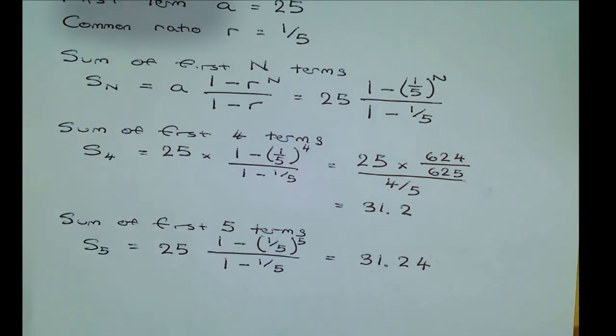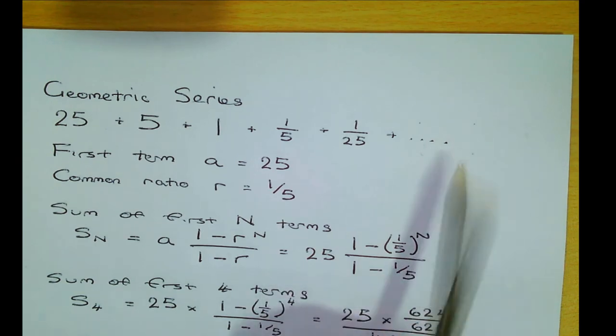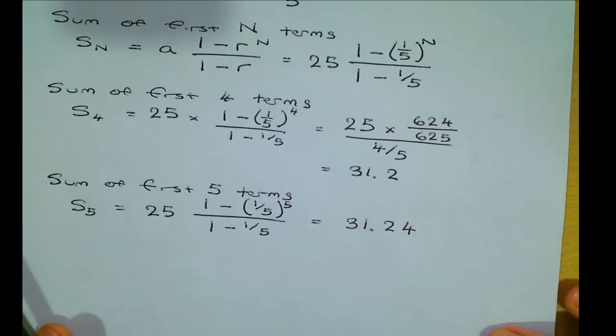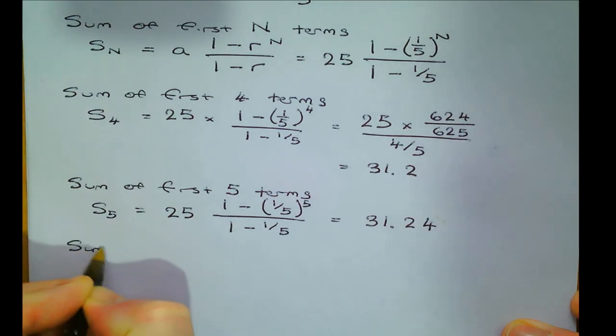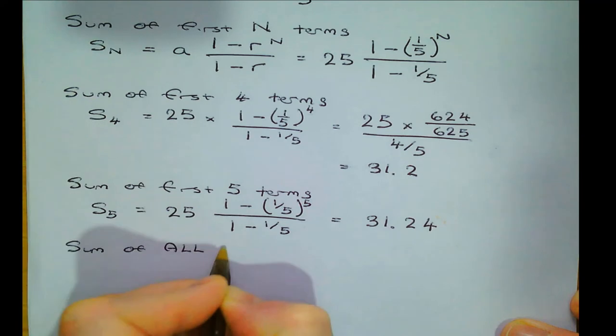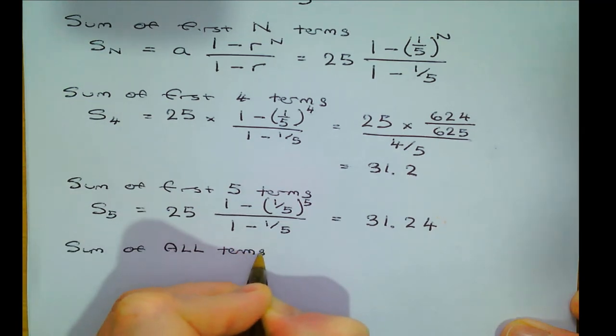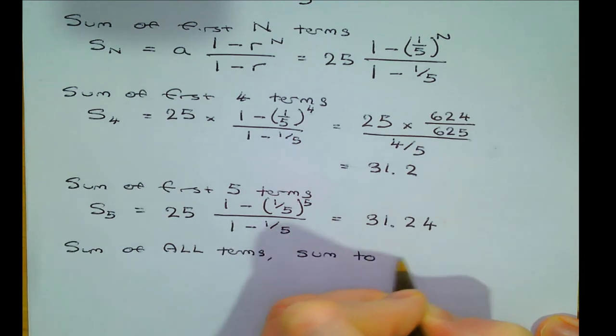But then the sum of an infinite number of terms, if we were to continue, 1 over 125, 1 over 625, and so on, the sum of all terms, or indeed the sum to infinity as we call it,